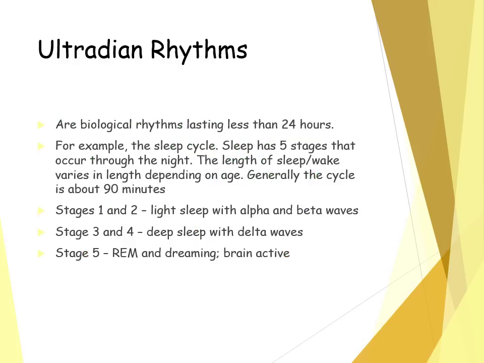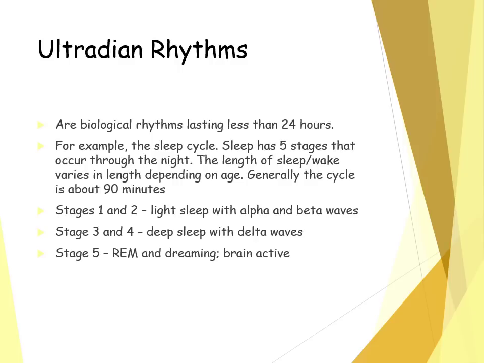In terms of ultradian rhythms, they are biological rhythms that last less than 24 hours. So it's likely that you would go through numerous of these cycles within a 24-hour period. For example, the sleep cycle has 5 stages and occurs through a night, and the length of each cycle is about 90 minutes. So you will go through a number of these sleep stages. Stages 1 and 2